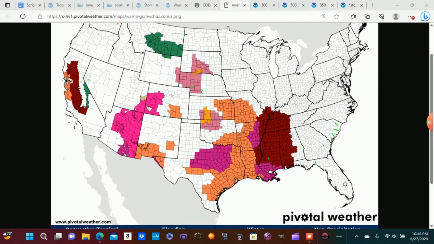And so that is what's prompting the National Weather Service offices to go ahead and issue excessive heat watches for a bunch of Mississippi, Alabama, Tennessee. And we're going to investigate as to why this is here in just a moment. But especially by the time we get to Thursday and Friday, we're going to be seeing widespread afternoon highs in the lower triple digits, with heat indices greater than 110 possible.